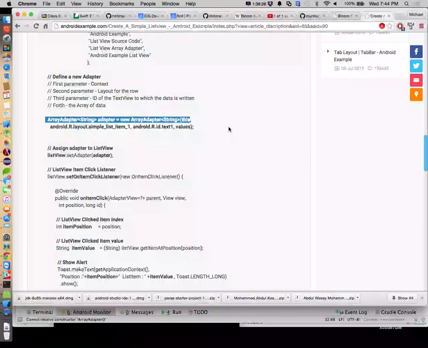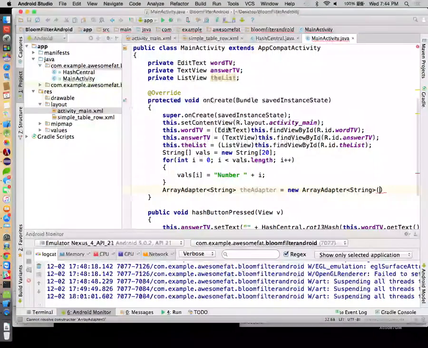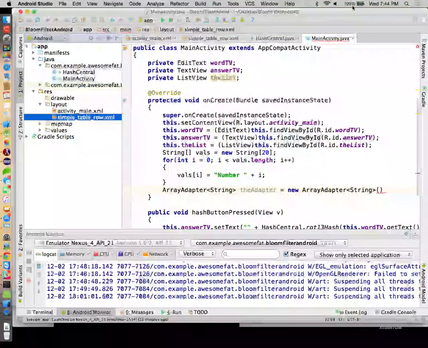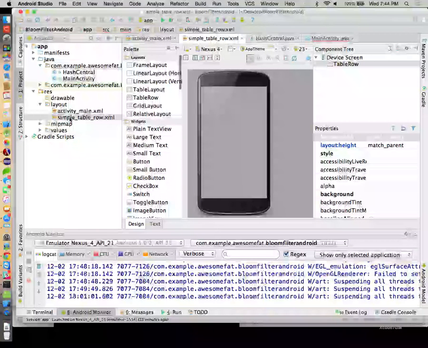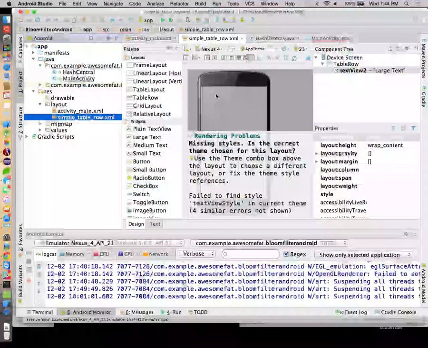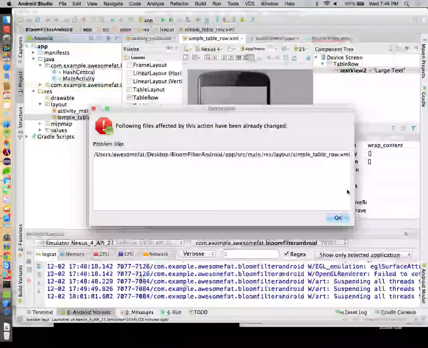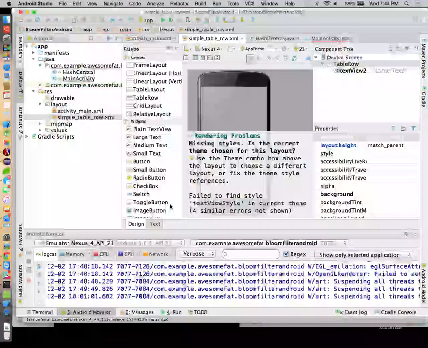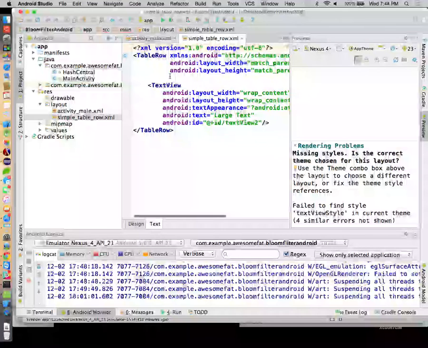and then the name of the, looks like the text value in there. So I need to give that, looks like I do need to give that guy a text value. So let's go back here real quick, simple row. We'll go ahead and throw in a large text. Oh, hold on, sorry. All right, so this guy's already a